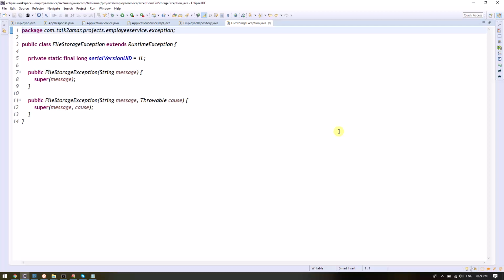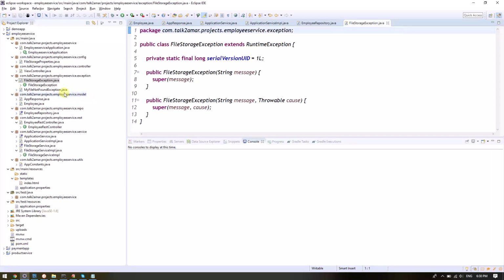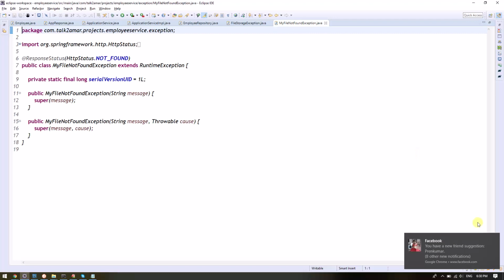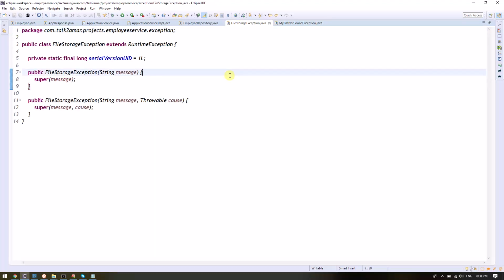And then I created two exception classes. One is the FileStorageException and another one is MyFileNotFoundException. These two exceptions I used while uploading the file and while downloading the file. FileStorageException is basically for while storing the file into the directory. If any exception occurs, I'm throwing this exception. And while downloading the file, if any exception occurs, I throw MyFileNotFoundException. So I created two exception class files, FileStorageException and MyFileNotFoundException. Okay,